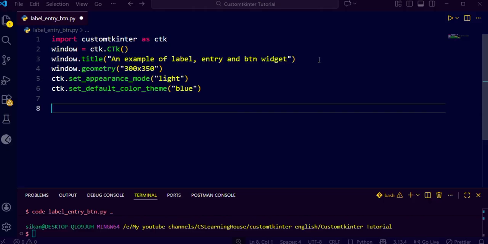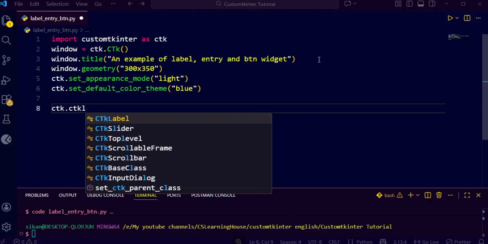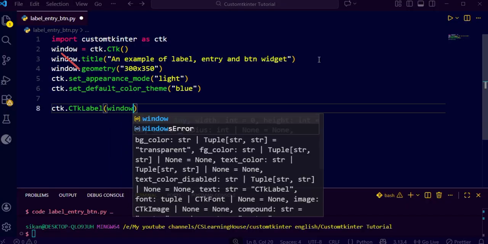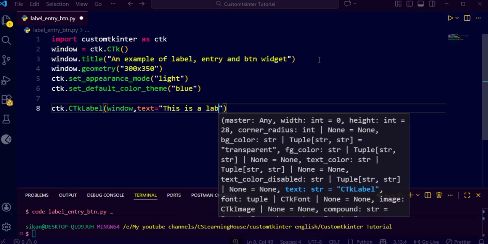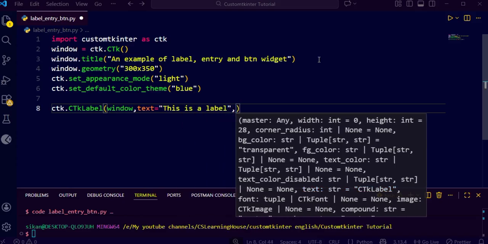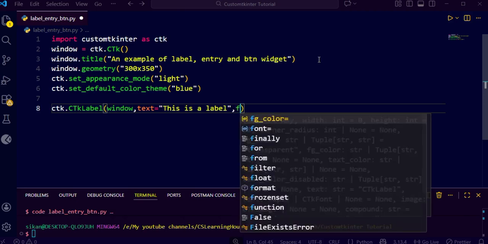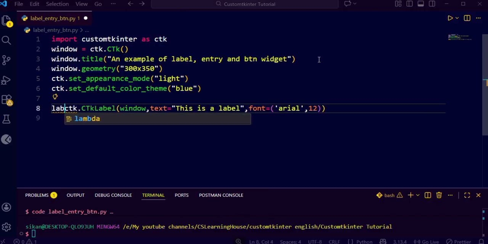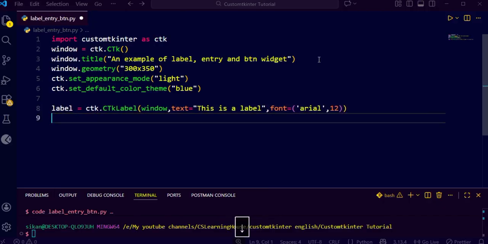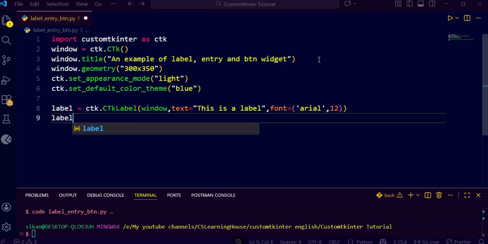Now let's create a label using the command ctk.CTkLabel, providing window and text: "This is a label". We can also set the font for the label and store it in a variable. I will name it label. Now a label has been created. We can place it on the window using the command label.pack